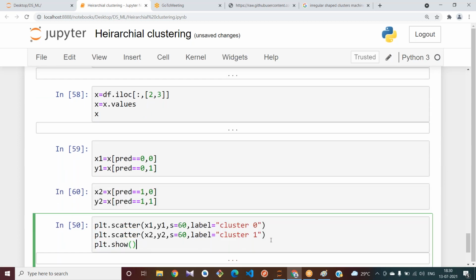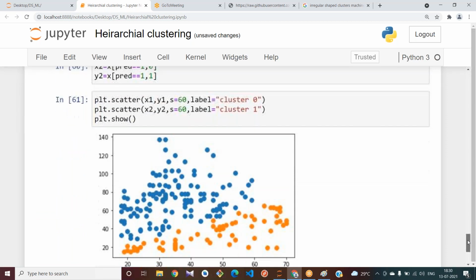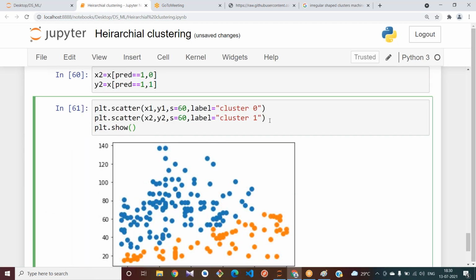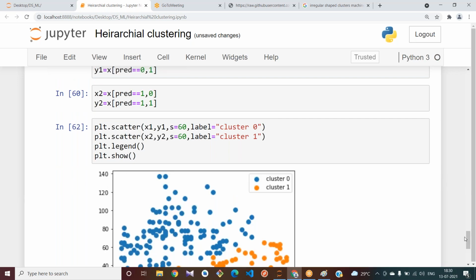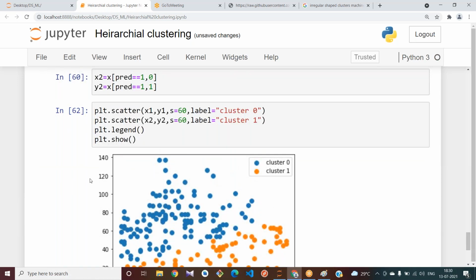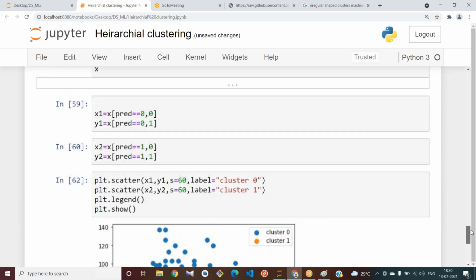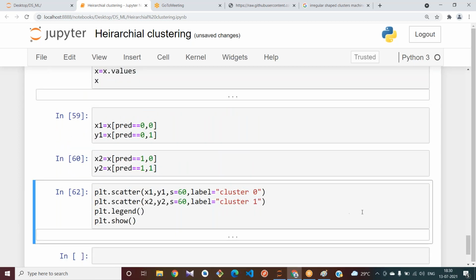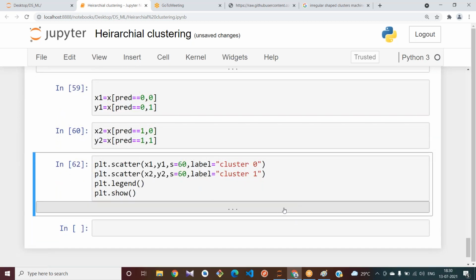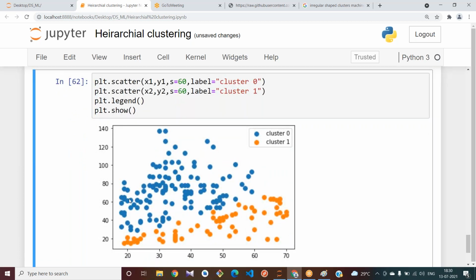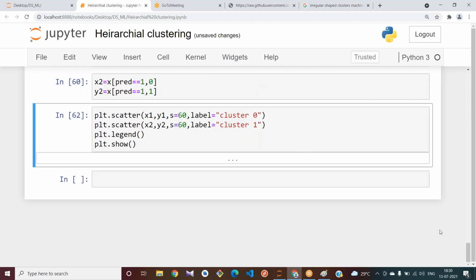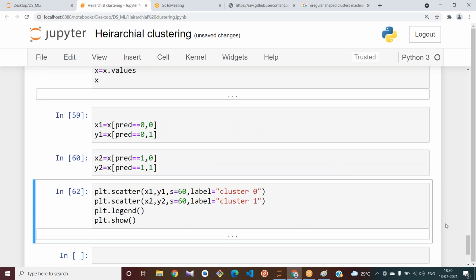See, let me use legend here. plt.legend. See how my data has been clustered in this way. Since we had plotted with the scaled data, all are on the same scale, right? We can't see it properly. So I have used again the original data from our data set. And this is how you extract the data from your array and plot your clustered data. Try to note it down.